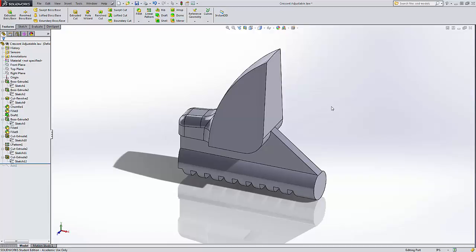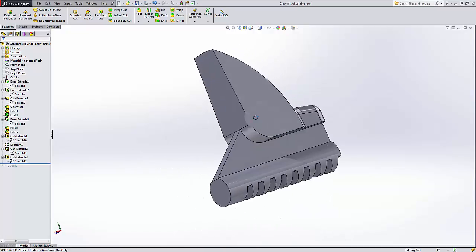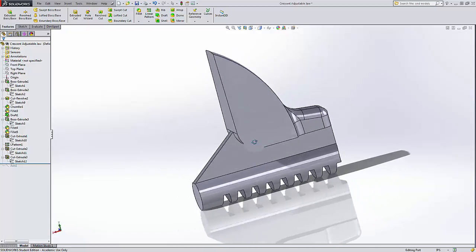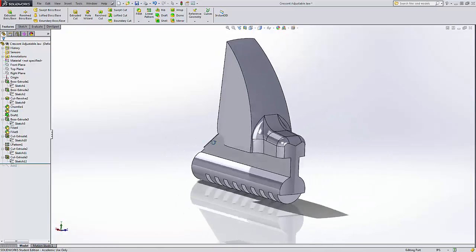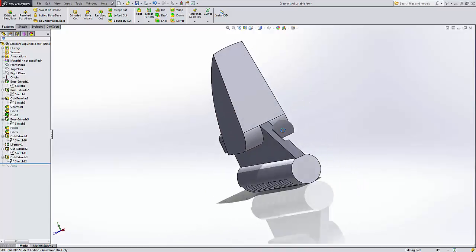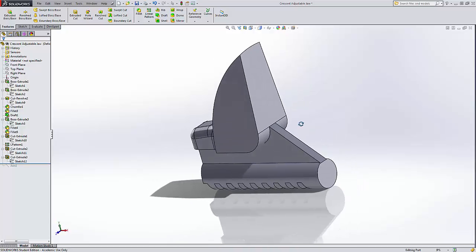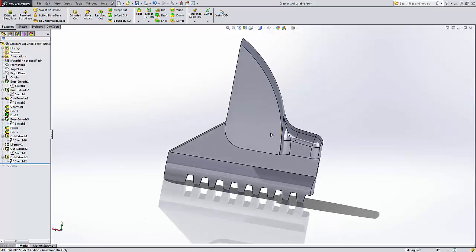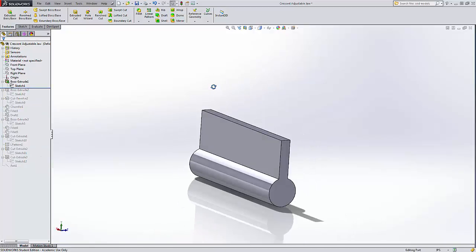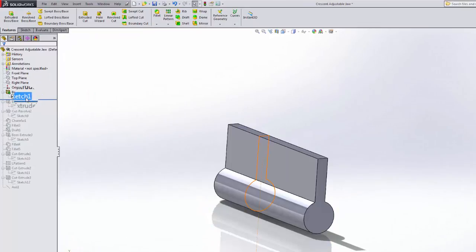And we have been working through a series of tools, and we are now on the adjustable part of the Crescent Wrench. In order to produce this, we started actually with the Crescent Wrench handle, and we're going to base this somewhat off the design intent of that. We started with the parts that are going to insert into the handle, and we'll start with that simple sketch,